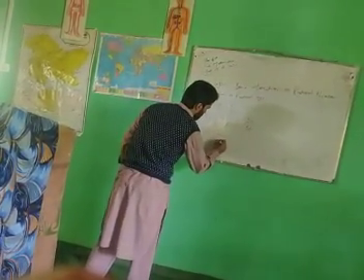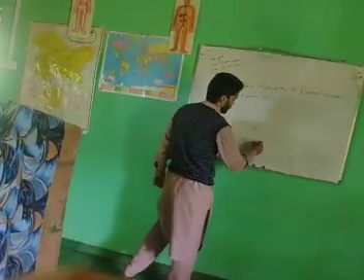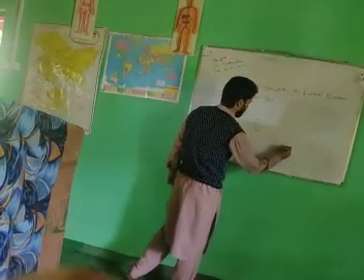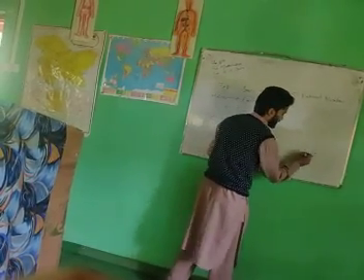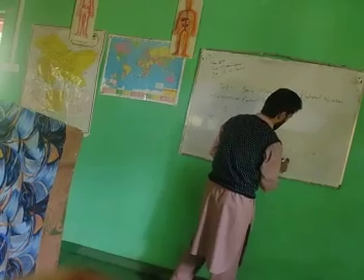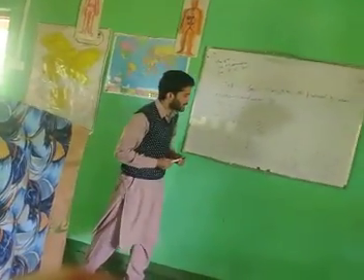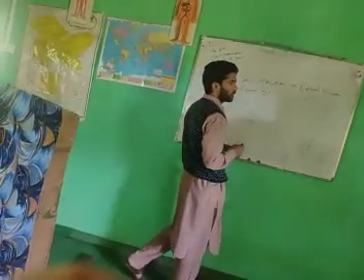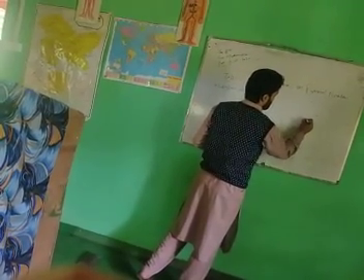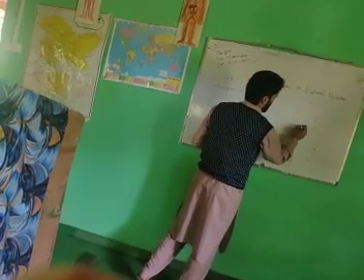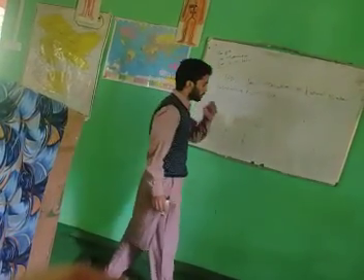When there is minus, suppose this is another question. We will write minus 4 by 5 into minus 3 by 8, and it will become 4 into 3, 12. Minus minus plus, this is plus 12. 8 into 5, this is 40. How this becomes plus 12? I will discuss it in another class because it is a very broad concept. How this minus into minus becomes plus, plus into plus is equal to plus, plus into minus is equal to minus. We will try to discuss or make one more class on this step.